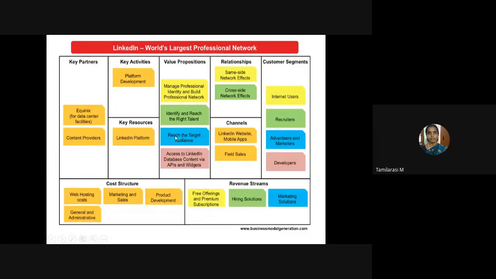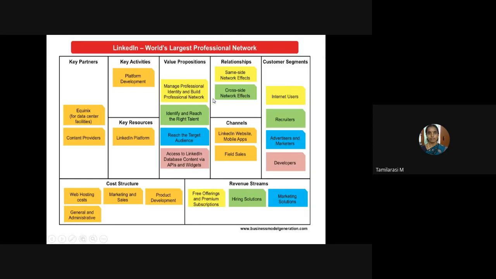For example, through LinkedIn there are so many guests or resource persons that we get help from for inviting as speakers in our college lectures. So you can identify the right talent. That is one of the benefits of LinkedIn, and you can reach the audience very easily since it is an online platform, and you can access lots and lots of information that is freely available once you join LinkedIn, right? So these are the benefits of the LinkedIn project implementation.